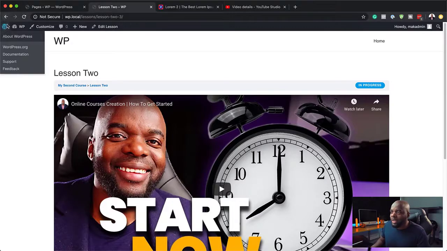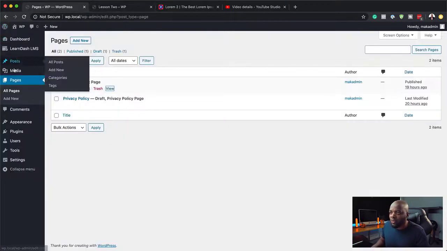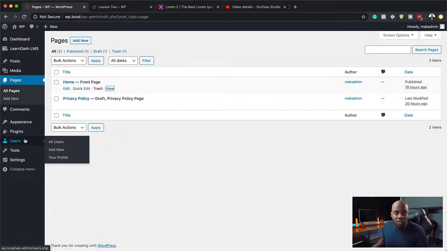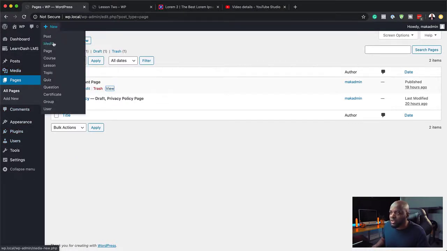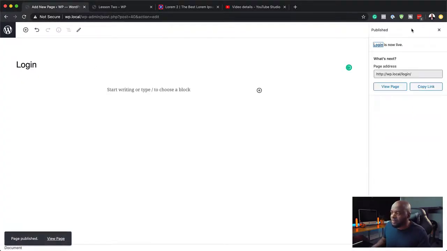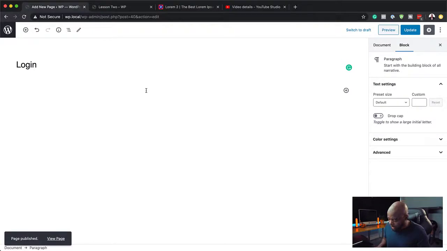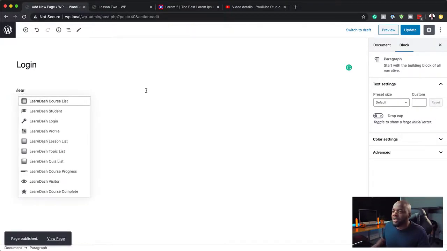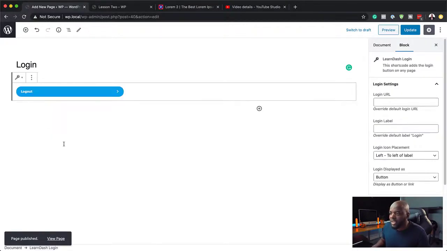Now let's go back here and let's take a look at what else we can do. So let's say you want to create a login page. So all you have to do is to come over here, where it says new page, and we're just going to call this page login. I'll publish that, publish one more time. And then over here now, I can add my /LearnDash, and I can add my LearnDash login. So you can see right now it says logout. If I hit update